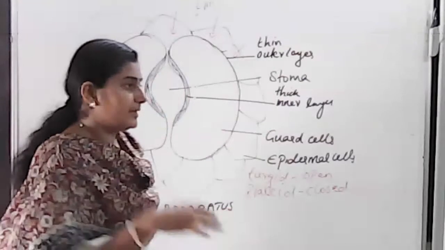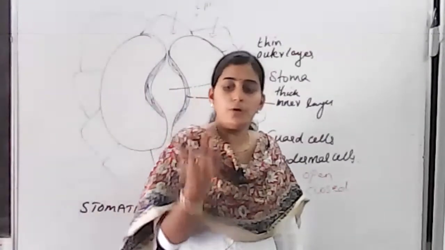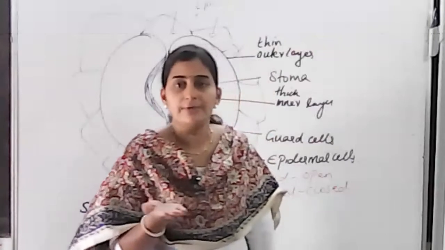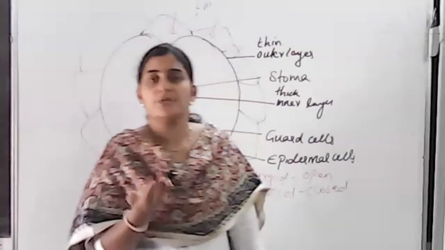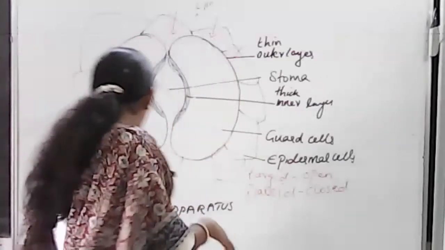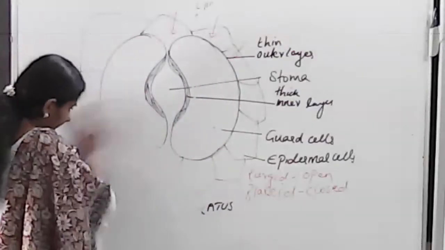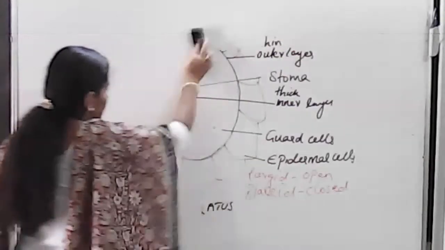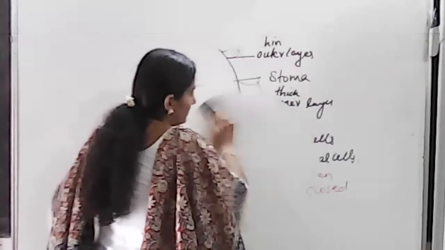So today we will see an experiment setup to prove that more stomata are seen on the lower surface of a leaf compared to the upper surface, and that more transpiration occurs on the lower surface. For that, it is the same thing, just a modified version of the experiment we studied last class. Last class I showed you how we keep the cobalt chloride paper on a potted plant. There we took only one slide, or one cobalt chloride paper, kept on the lower surface of a single leaf only. So here what you have to do is,